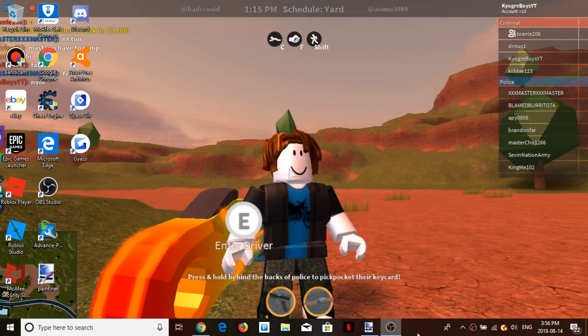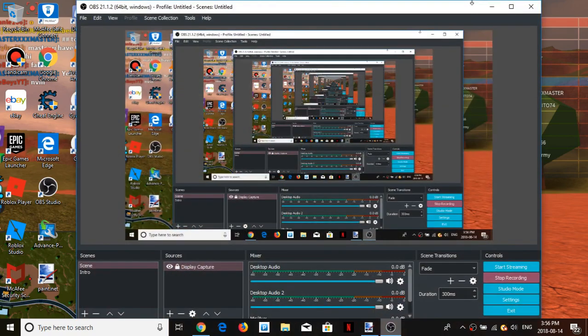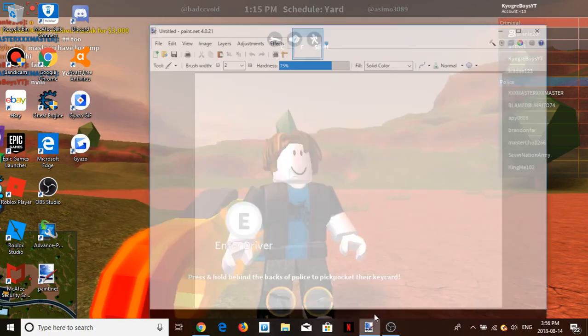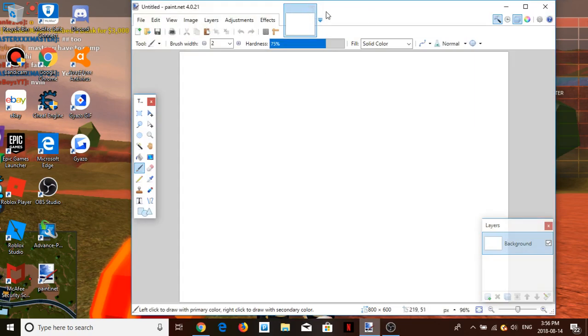You know how I made a tutorial on how to make a Roblox shirt? I just watched a stupid video from 2016 to do that, but I have found a new actual working way to do it. So, what you want to do is open up paint.net,